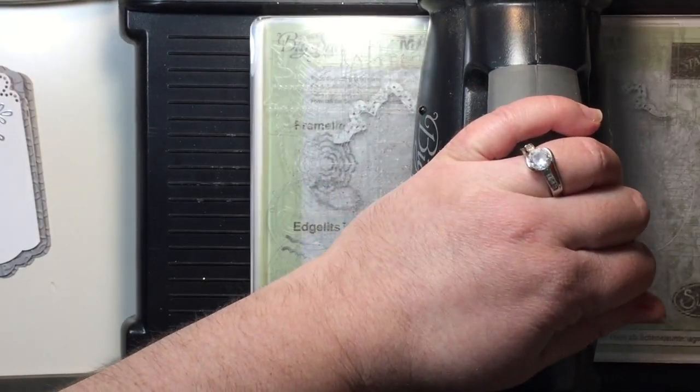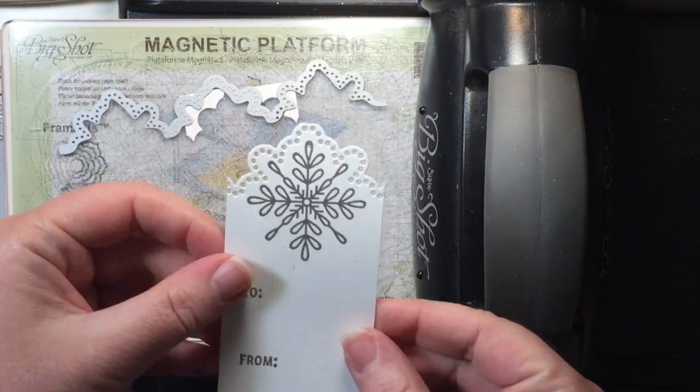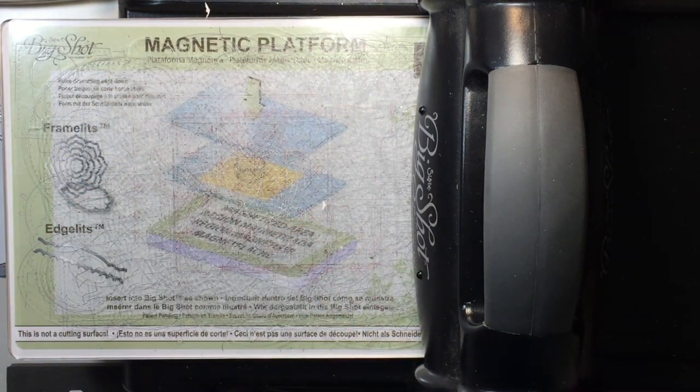And then I'm going to run it back through. And then you have this lovely top here. Okay, so now we are going to move on to embossing, and I'm actually going to